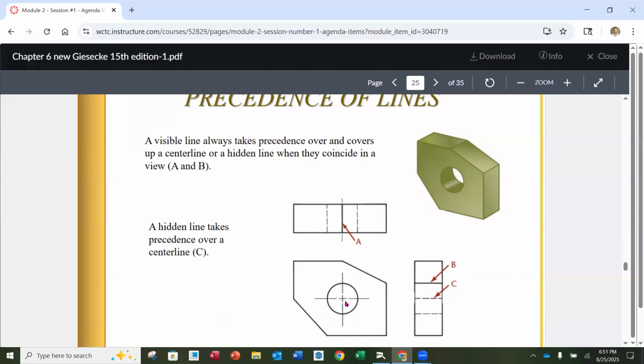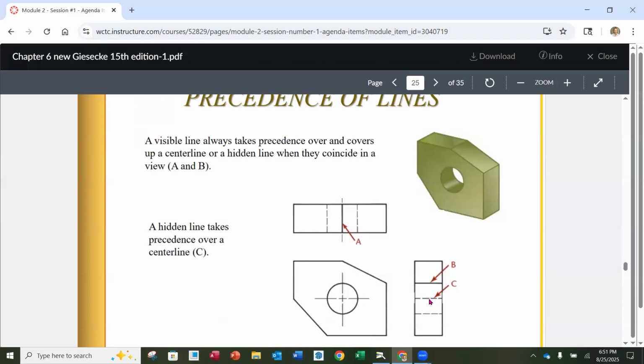Now, the hidden line takes precedence over the center line. This hidden line is in line with the center line. So if there wasn't this edge back here, we would be showing this as a center line. But because a hidden line has precedence over a center line. So if you would,